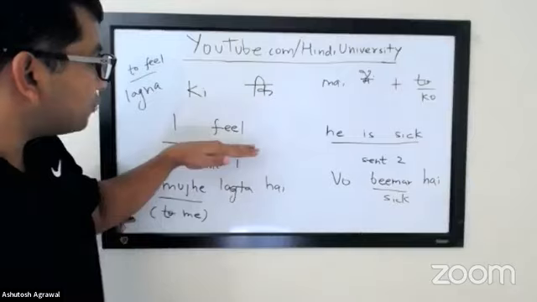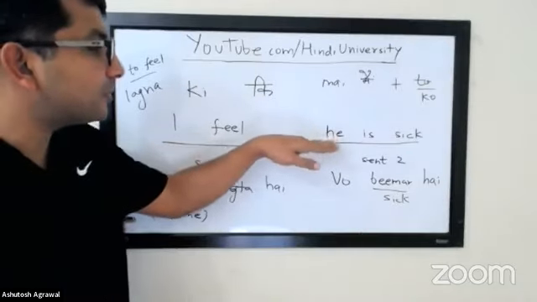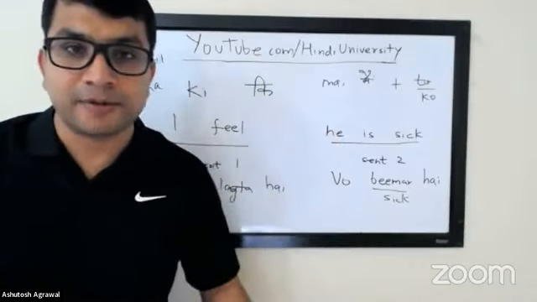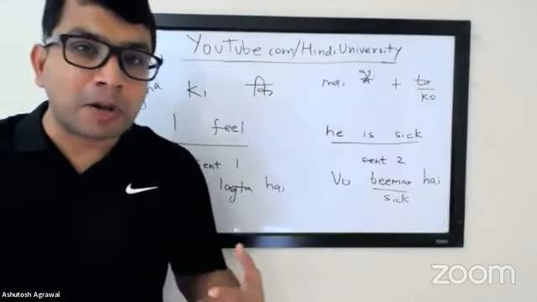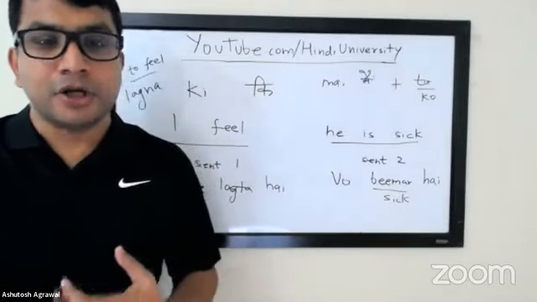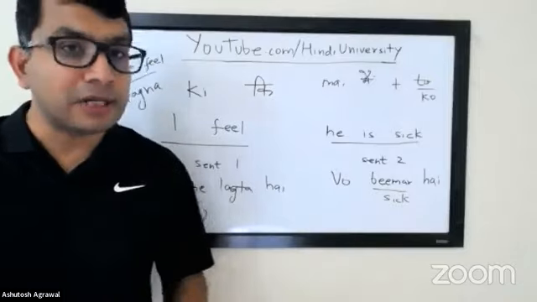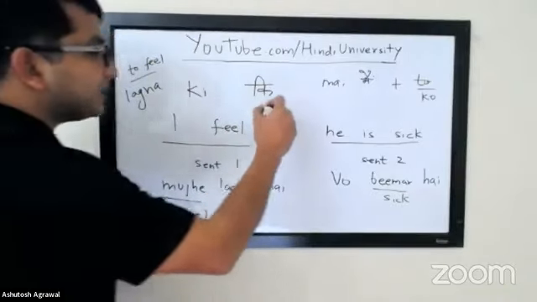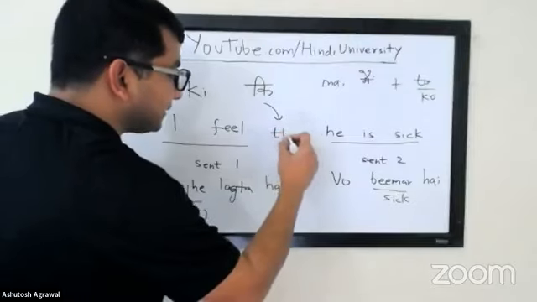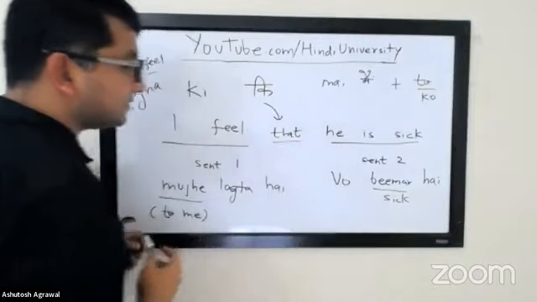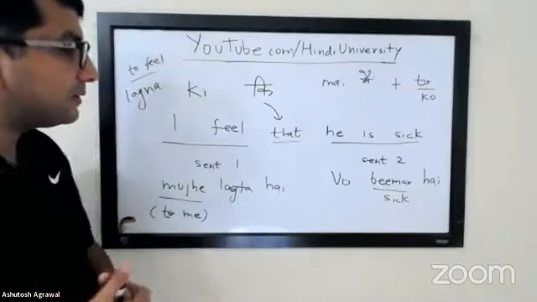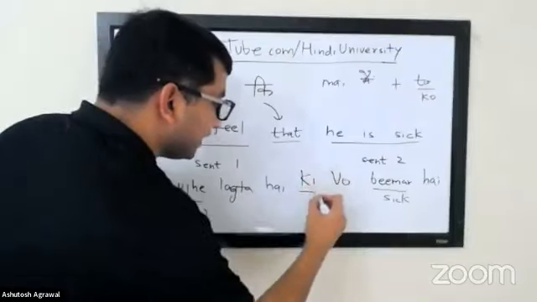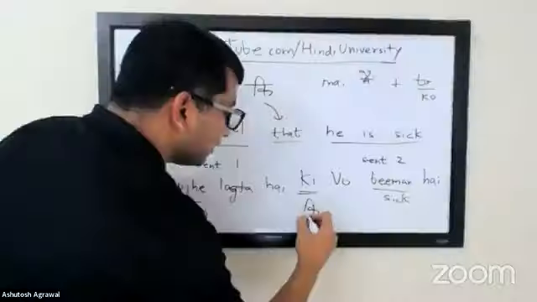If you were to just say this one, it will not give any information about what you are trying to say. So if you want to combine both of them together, you will use a subordinate clause, which is basically I feel that he is sick. So how will you say it together, Colin ji? मुझे लगता है कि वो बीमार है. Very good. मुझे लगता है कि वह बीमार है. Very good, right?